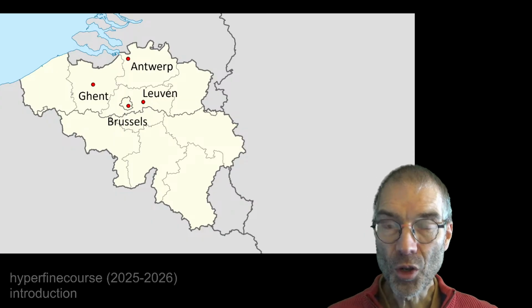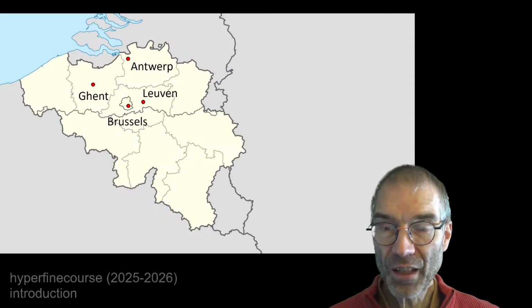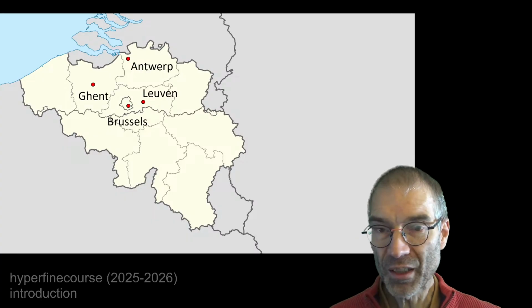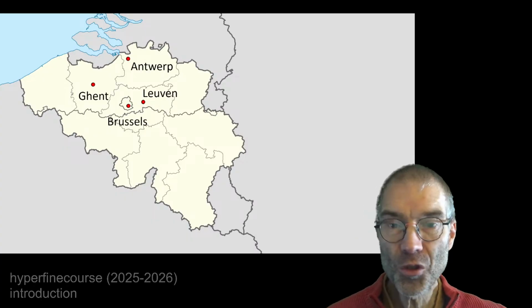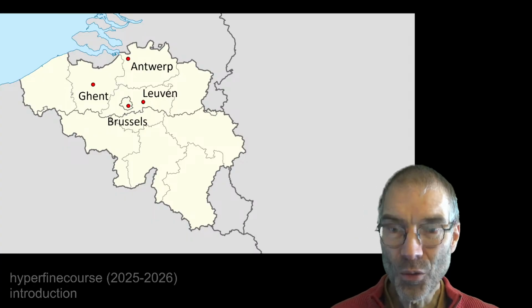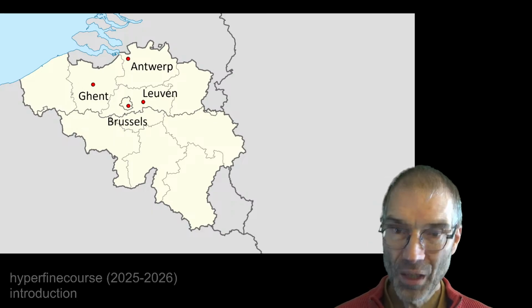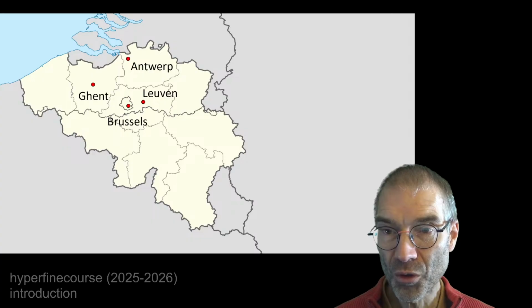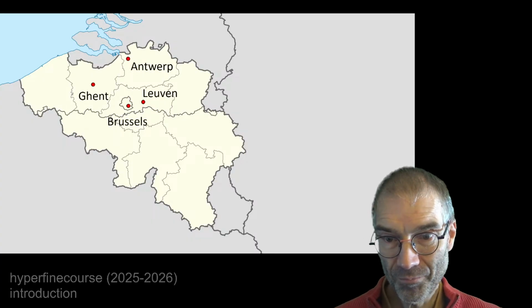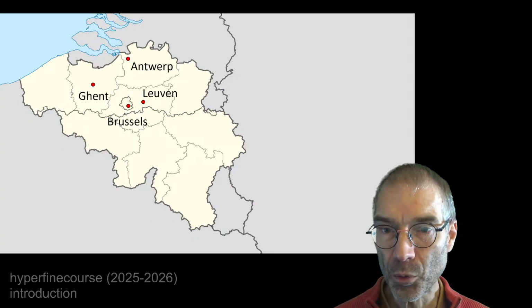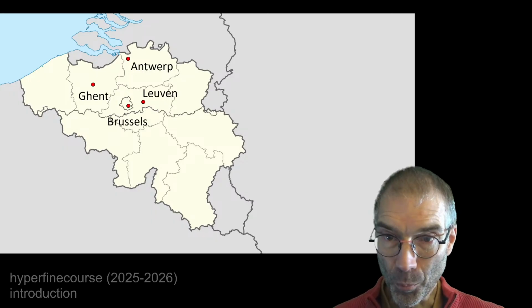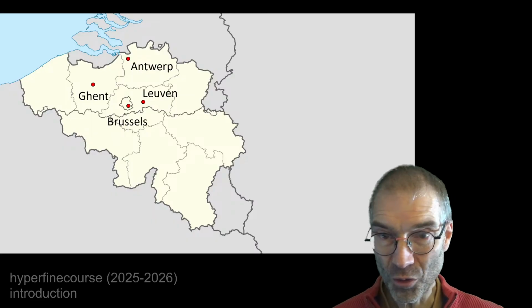But there has been a program change there for the present academic year, and their course on hyperfine interactions doesn't exist anymore in the way it existed before. So up to last year, they basically joined this online course. Now that disappeared from their program. Still, people from Leuven and from all other Flemish universities are more than welcome to join this course online